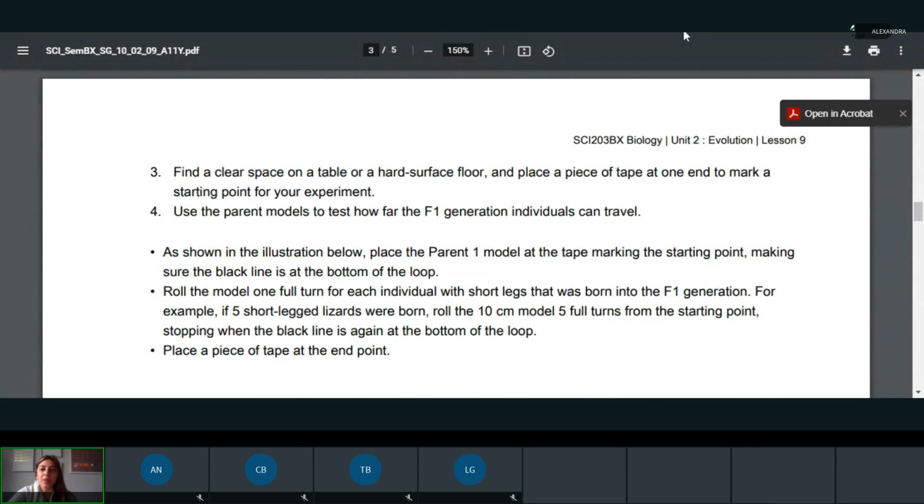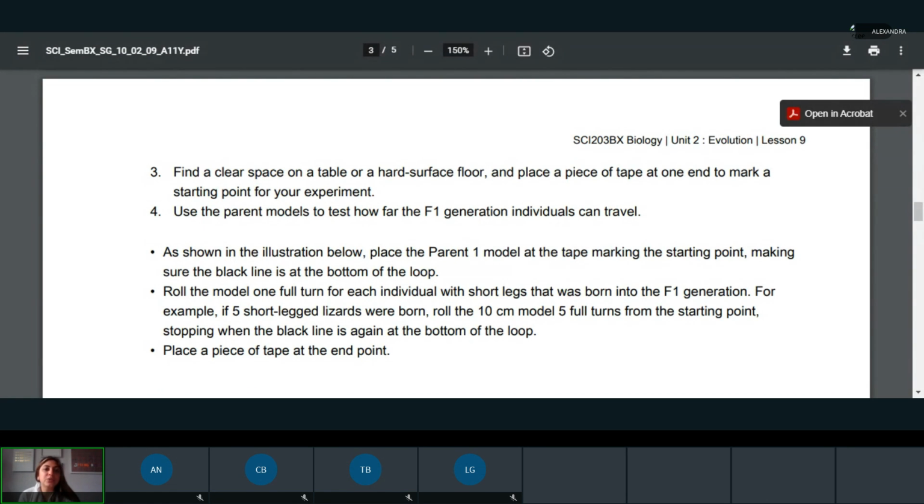So what you're going to do, perfect, Christian. That's what I got too. You can either take tape to mark your starting point, or you can use anything else. It doesn't have to be tape. You're not going to want to use your ruler or measuring tape because you're going to want to use that to measure the distance. But if you want to put a pen at the starting point, anything, you're just going to want to mark your starting point. Okay.